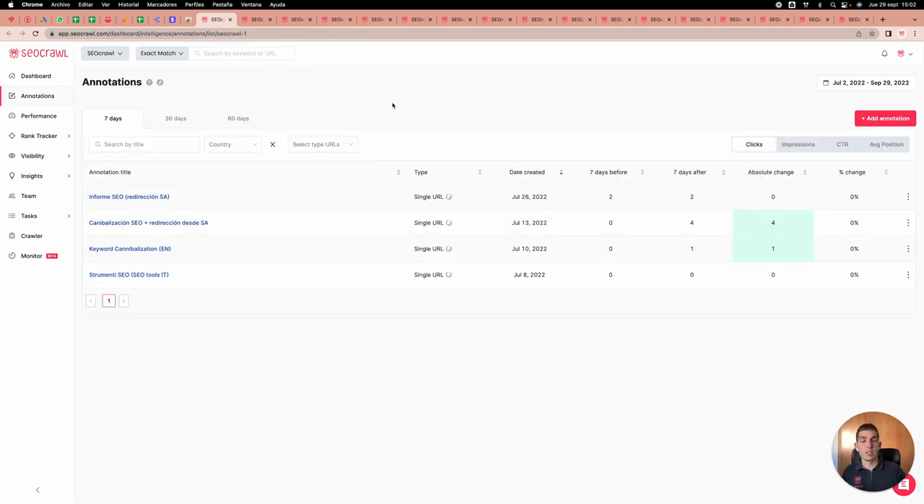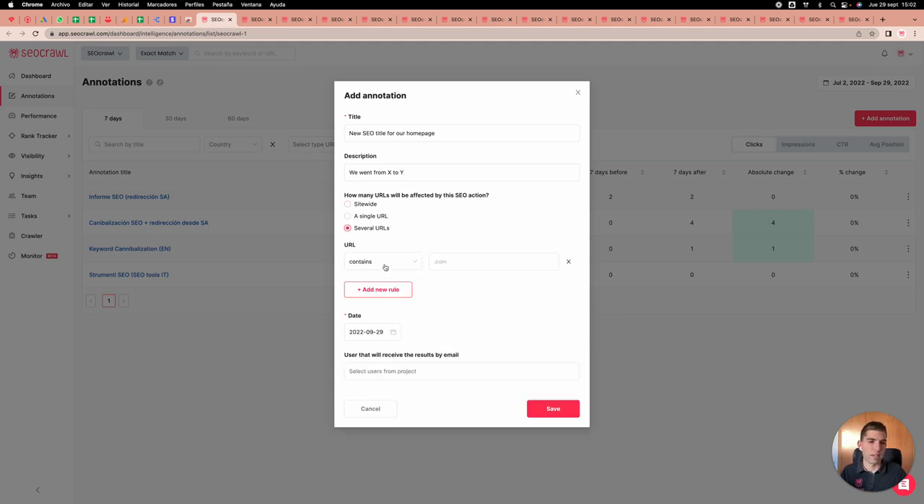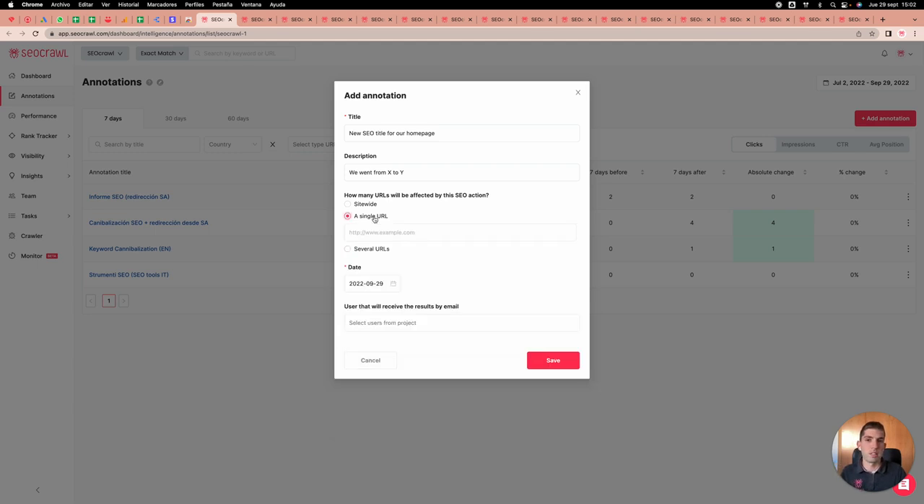Going to the annotations, this is probably, as I mentioned, one of our most important products. And how does it work? It's super easy. We add an annotation and we say, new SEO title for our homepage, we went from X to Y. And then the system asks us how many URLs were affected by this change: globally, single URL or several URLs? We have regular expressions, matches, difference, whatever you need. But in this case, it would be single URL,